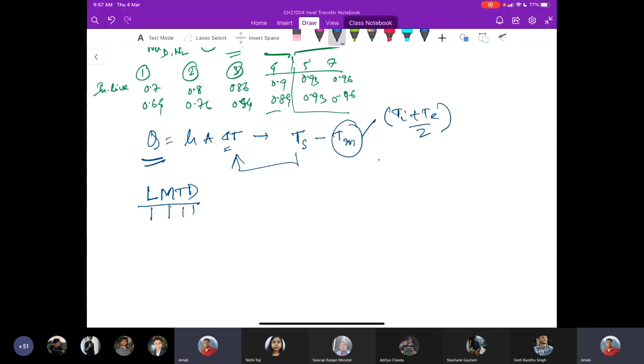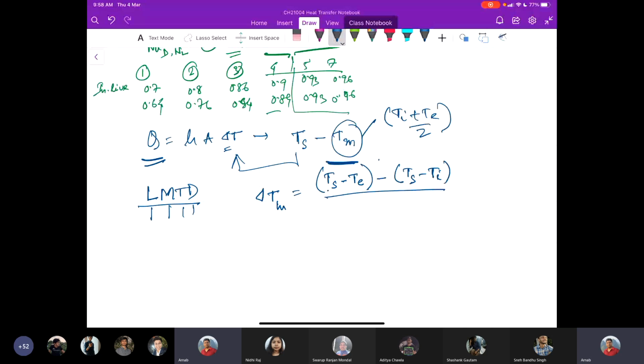And it is defined in this way: delta T lm, this is the convention we typically write, or someone writes LMTD completely. It is built from the two temperature differences between the inlet and exit cases. So this is the surface temperature of the inner tubes, or the tubes rather. So this is the tube temperature minus the temperature of the shell side fluid that is going out, the exit temperature.